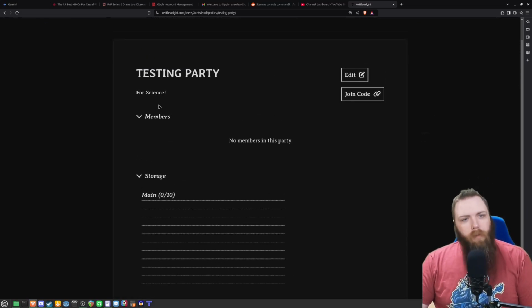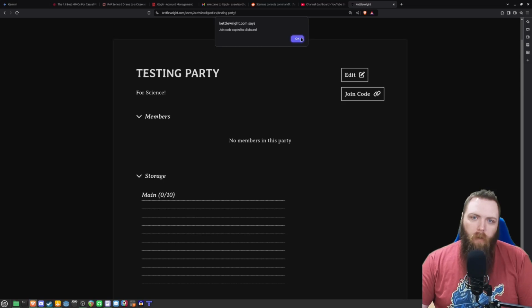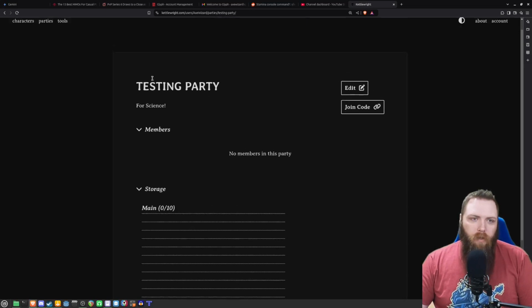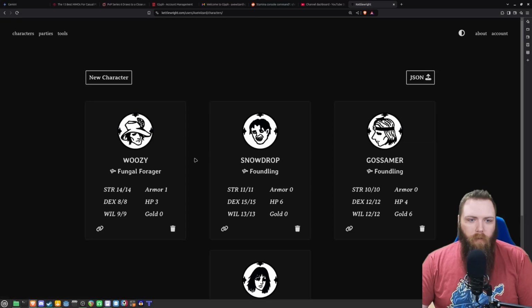So here we go. Oh, interesting. No members in this party. So you can give a join code. So I wonder if your players can make their own characters on Kettlewright, and then you can give them this join code. And then I imagine that if I go back to my character,